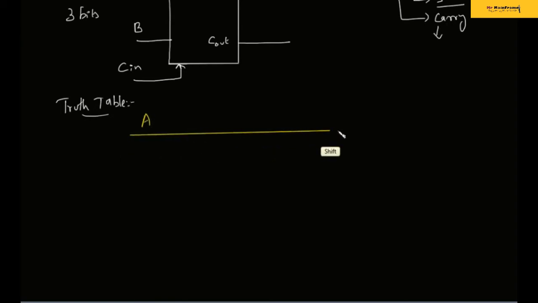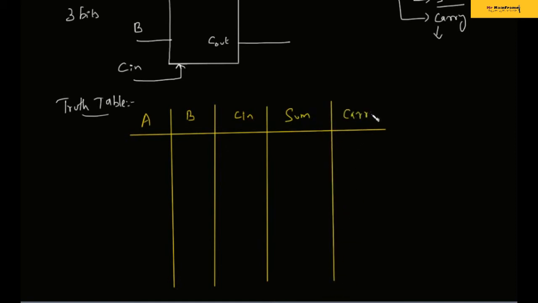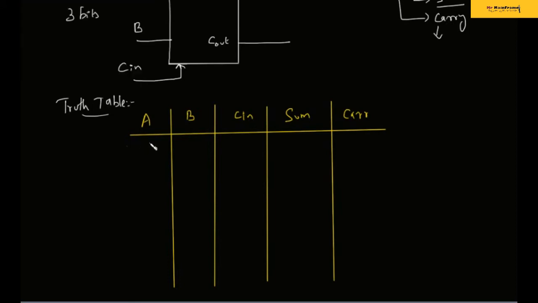Let's change the color so that people can see that. And A, B and Cn, carry in, so that will carry the bit to the next level. This is sum. The last one is nothing but the carry. Here you can see this. I'll just change the color. We have 3 inputs, 3 variables on the input side. So the possible combinations of zeros and ones are 8.